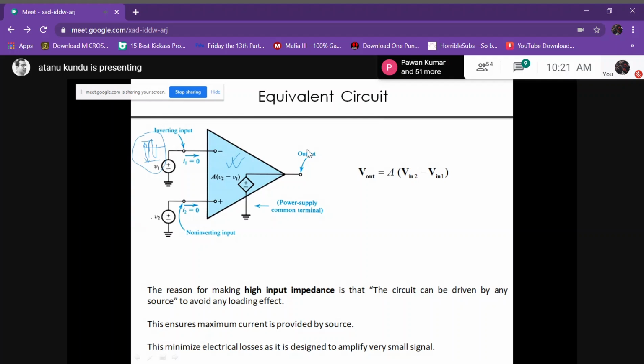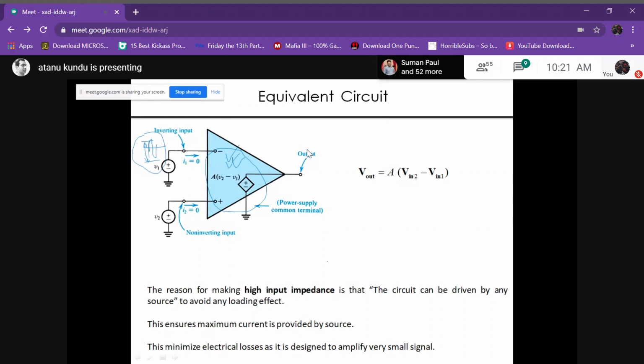It will not be able to perform any operation with this signal. So the op amp is designed to amplify very small signals, and we want the signal current not to be wasted or consumed by the internal circuit. The op amp will only sense the signal and perform its action accordingly. If we need a mathematical operation, it will perform that. If we need to amplify the signal, it will amplify it, but it will not consume any signal coming from the input, because the input signal level is already very small.